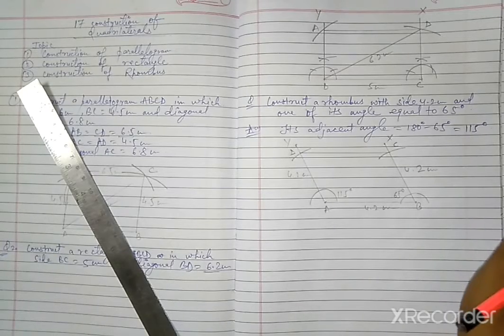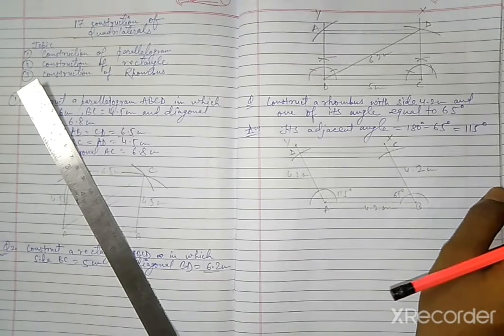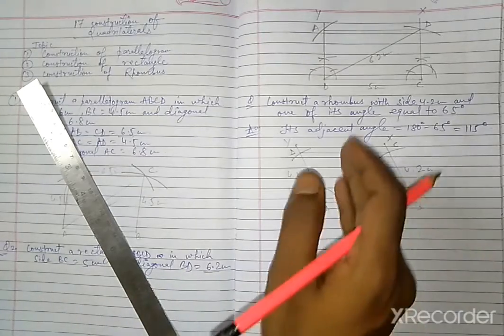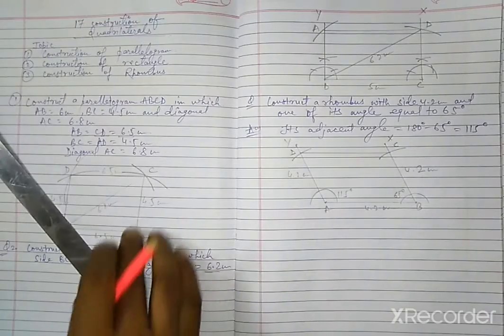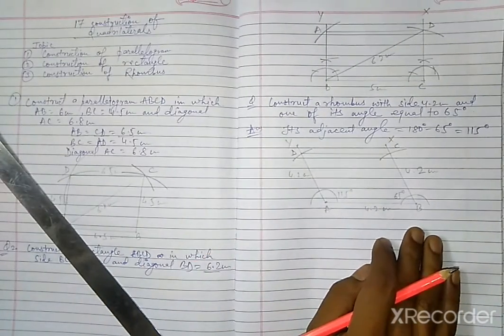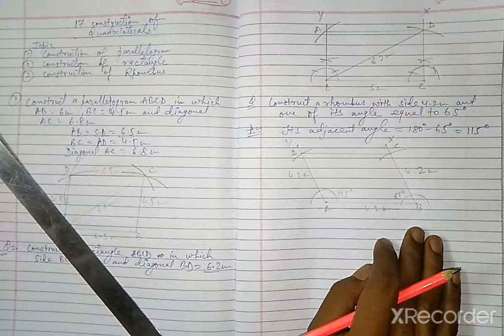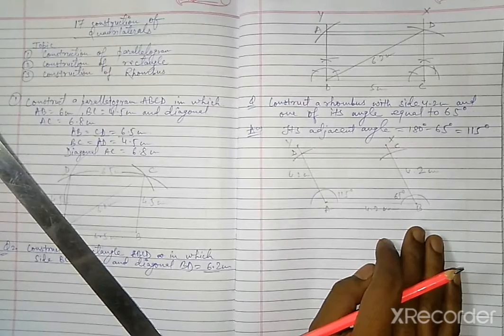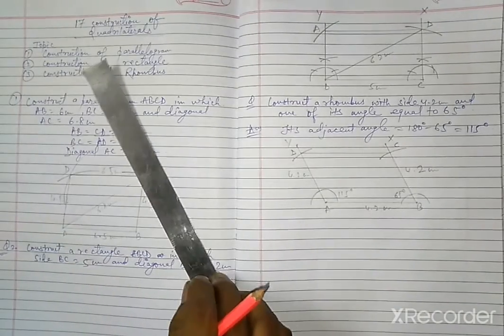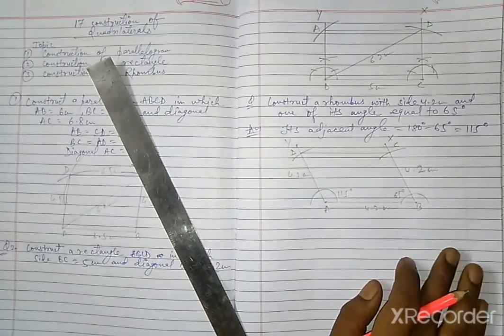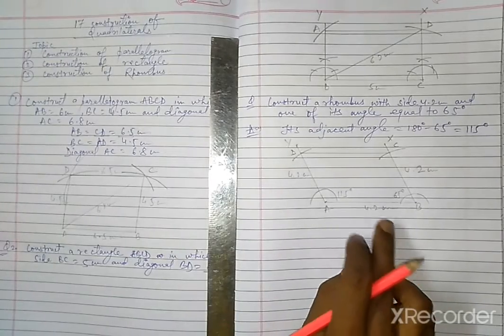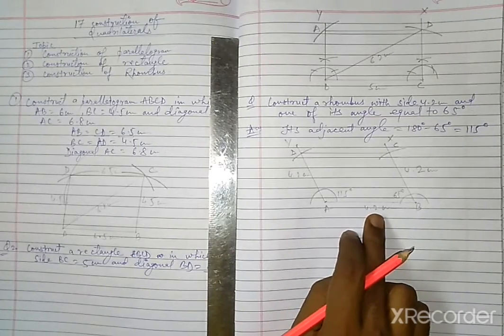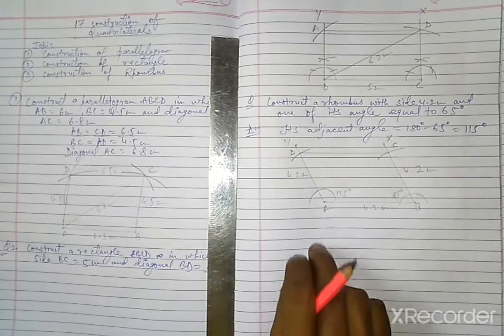I hope that you have understood the concept of how to draw a rhombus, how to draw a parallelogram, and how to draw a square or a rectangle. See students, these figures which I have drawn here are rough diagrams, because I have not drawn them with the use of compass and protractor. We are just using a pencil and a scale. This is just an explanation of how to construct these basic figures. You have to draw the rough diagram as well as the original diagram with the help of all these equipments.